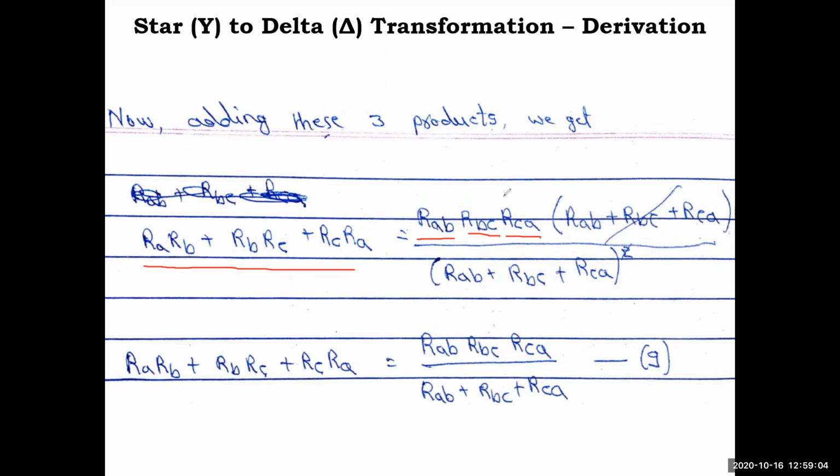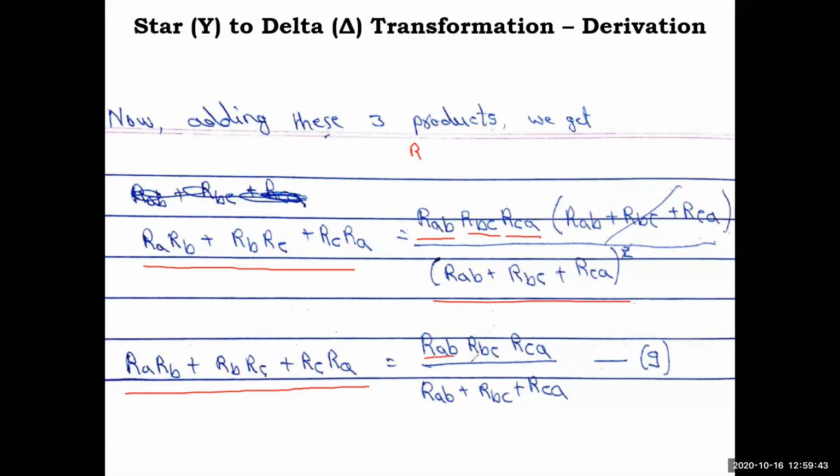Directly I have done simplification. Okay, so if you want, you can do one more step here, which is equal to RAB square RBC RCA, RAB RBC square RCA plus RAB RBC RCA square, whole divided by RAB RBC RCA square. So from there I have taken each term, RAB RBC RCA is common, and I have written this. Okay, from this one set of RAB RBC RCA cancelled out. So what you get here is RARB RBRC RCRA is equal to RARBC RCA by this. So now from this equation we can easily get these terms.